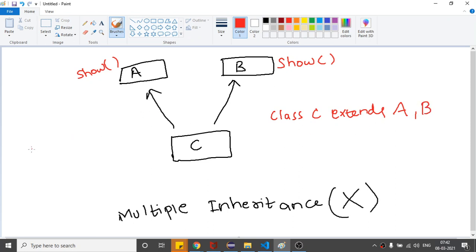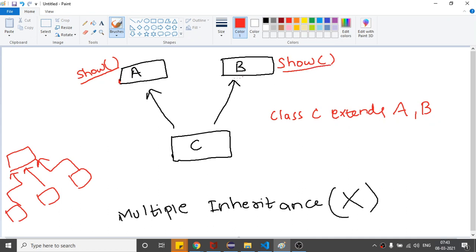So this is not the hierarchical inheritance, so do not confuse. Hierarchical inheritance is something like this, like one class is extended by more than one class, but here we are discussing multiple inheritance. So it is not possible in Java through class, because suppose if some person has defined the same method in the class A and the class B, so once these two methods come into class C, it will confuse, because two methods will come.